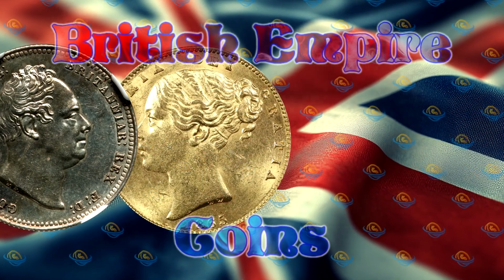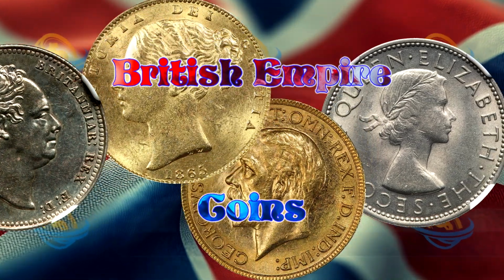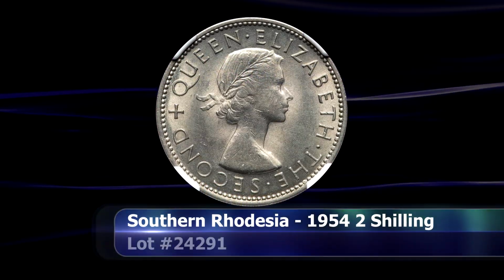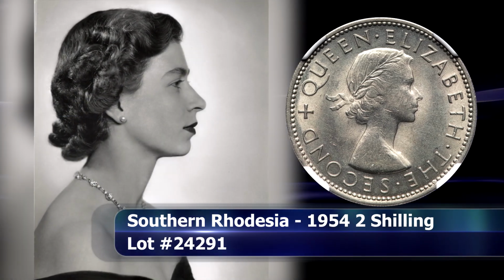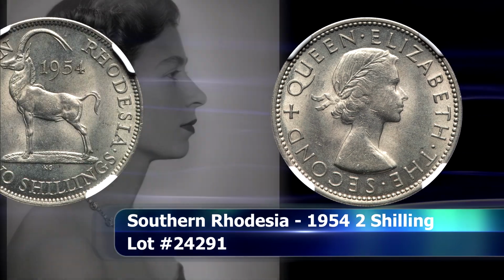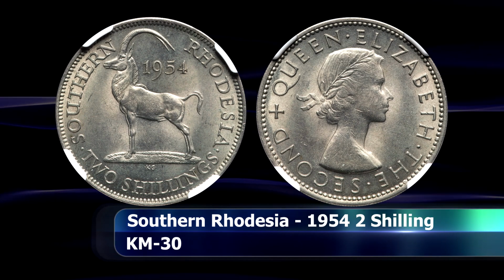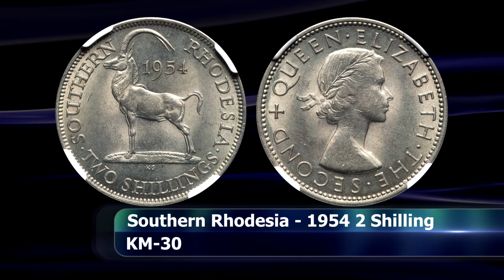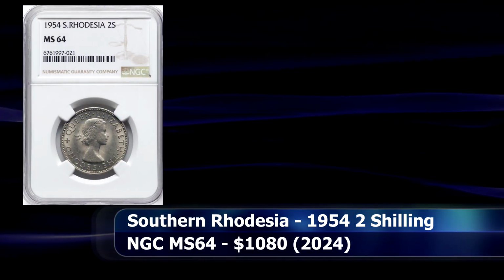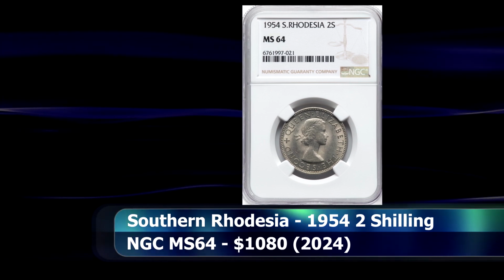Let's take a look at some British colonial coins recently sold by Heritage Auctions. Let's start off with a single-year type coin from the British colony of South Rhodesia, or what is modern-day Zimbabwe. This 2 shilling coin from 1954 features a portrait of a newly crowned Queen Elizabeth II on the obverse, and a proud sable antelope on the reverse of the 2 shilling coin. Graded by NGC as MS64, it managed to attain a closing price at auction of